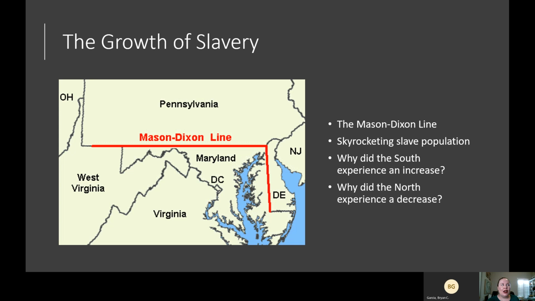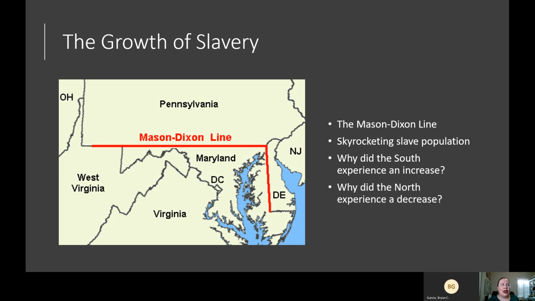So again, despite the fact that we're focusing mostly on the North, or excuse me, the South today, the North is still very heavily involved with slavery. We spend a lot of time when we talk about slavery saying, oh, the South was bad because they hold on to slavery for so long and they go to a war, the Civil War, trying to defend the right to own slaves. But slavery couldn't have prospered in the South without Northern cooperation.